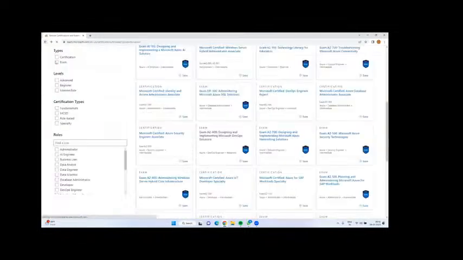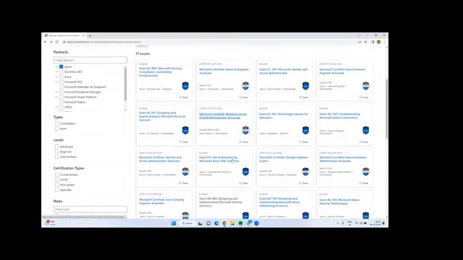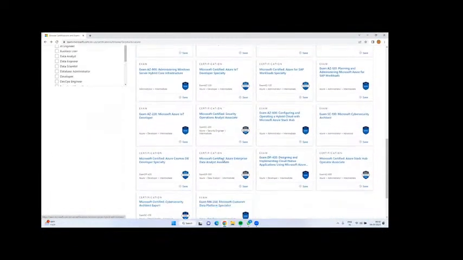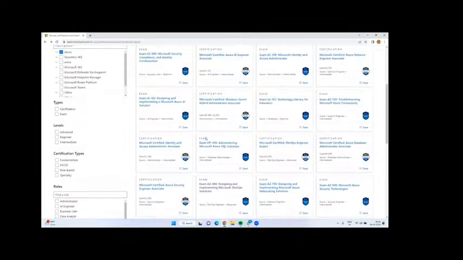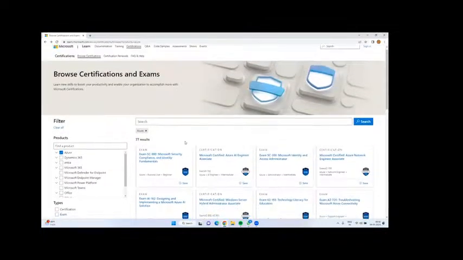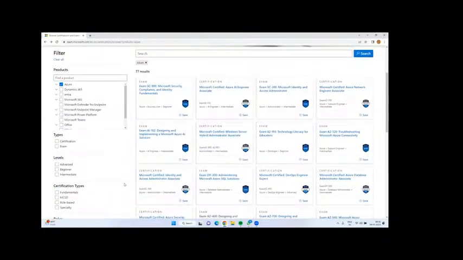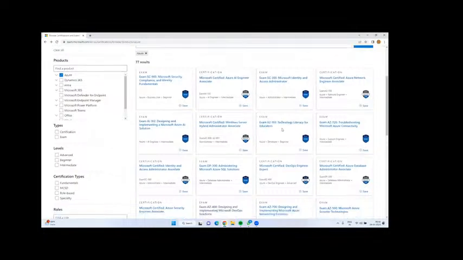So these many papers are there for Azure. We have artificial intelligence, administrator, developer, architect, data engineer, machine learning, cyber security. All different types of certifications are there. Based on your requirement, we can proceed, learn the technology and get certified.